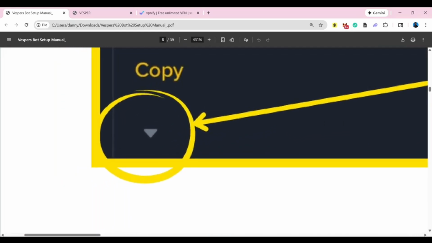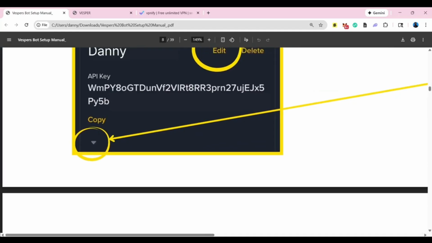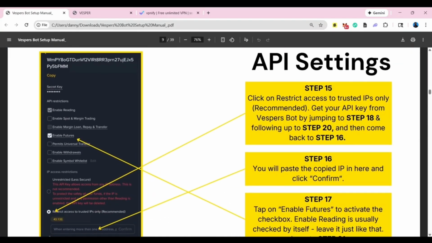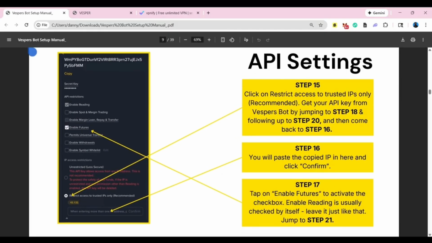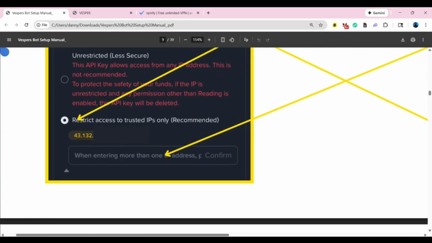Now go down here, click on the arrow and copy. It's going to expand. It will expand to this. Now this is where a lot of people get confused. Pay attention here. When you click on the expand, you can scroll down to the very last end